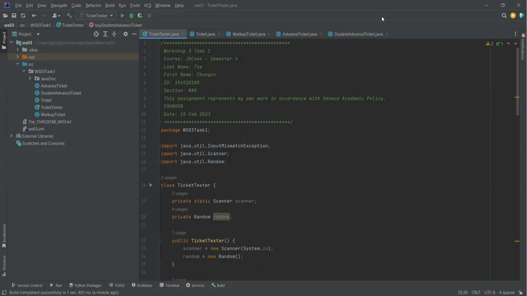Today I'm presenting for the class JAC 444, Workshop 3. In this task, we write 4 required classes, namely Ticket, Walk-up Ticket, Advanced Ticket, and Student Advanced Ticket. The latter 3 are all derived classes of Ticket, and I also added myself the Ticket Tester class to